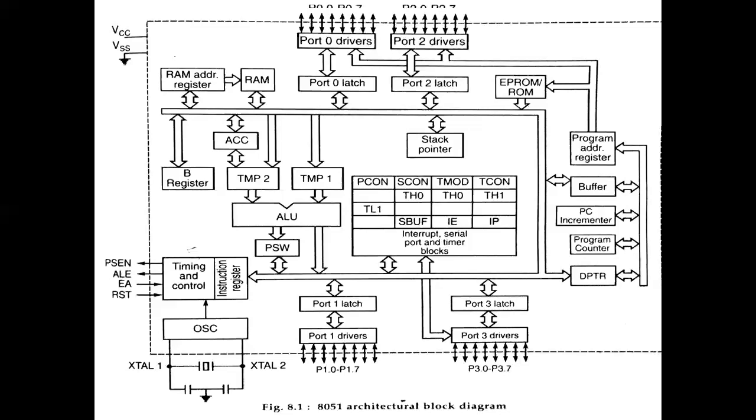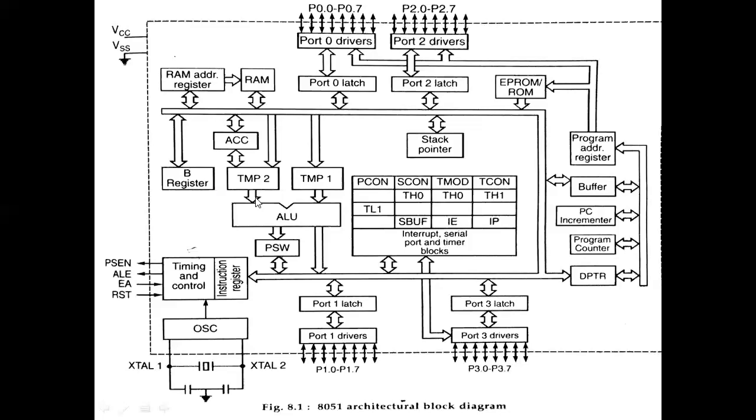These registers hold the data during the I/O transfers in the I/O ports. In this block diagram, you can see the first one is the RAM address register. It holds the address bits of RAM. RAM means random access memory, which we have already seen. Next you can see ACC, which means accumulator. It is used for performing arithmetic and logical operations, and finally all the results will be stored in the accumulator.